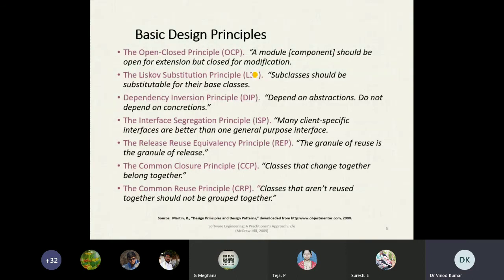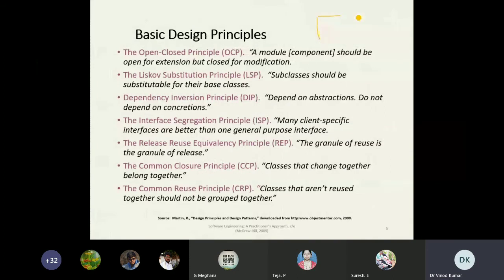Whatever module you have, it is open for extension, meaning you can add functionality, but you can't modify it. For example, in the safe home security system, you have a component like the detector component.